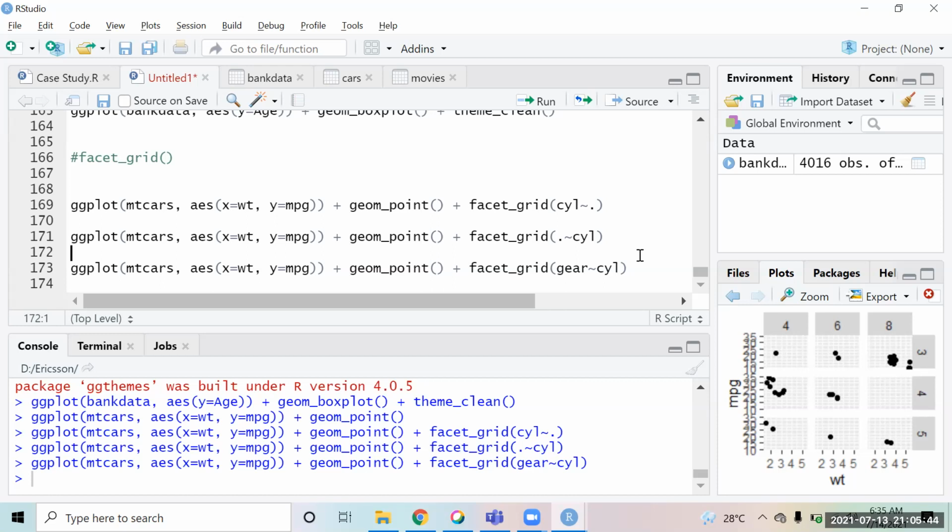I was trying to do the same for the gears, 3 gear, 4 gear, 5 gear, but it didn't happen with the same code. I don't know why. What were you trying to do? Yesterday we talked about how we can paste some additional text in front of a column, and I was trying to do that for the cylinder column. Can you share your screen? Yeah.